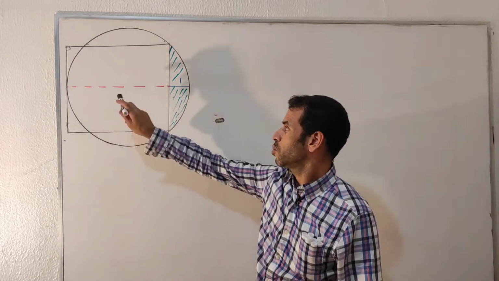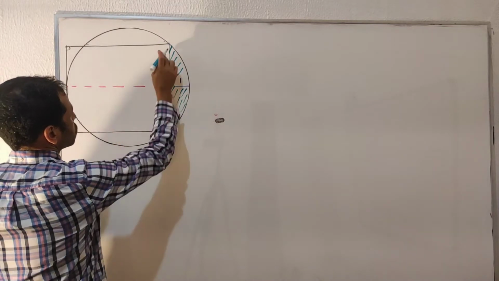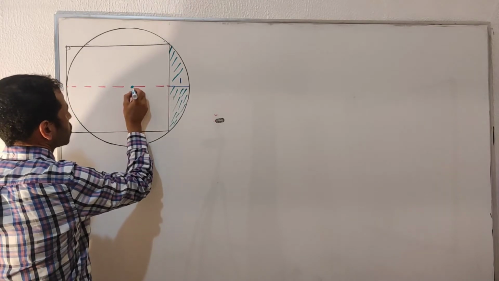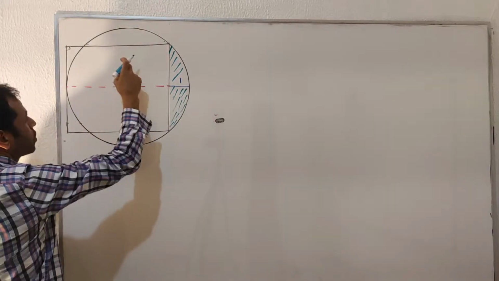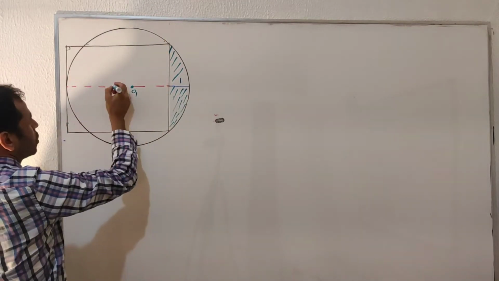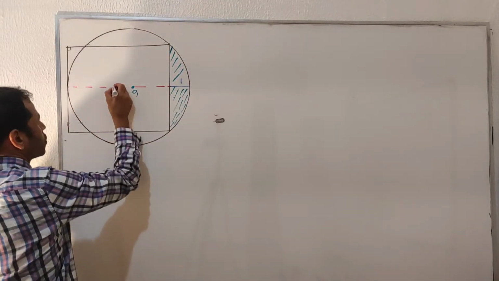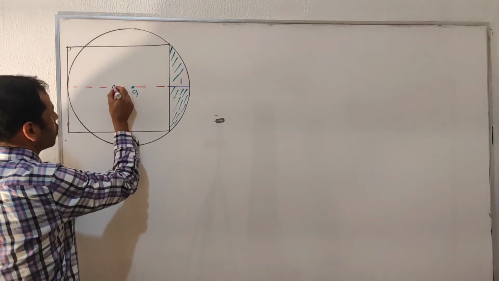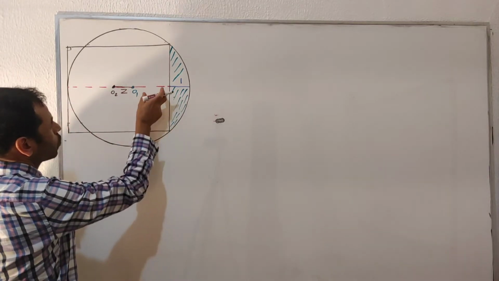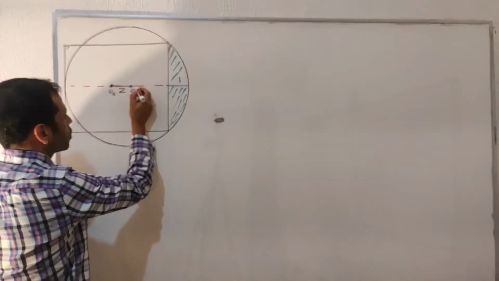First of all, we are going to determine the center of the circle and the square. The center of this circle will be at this point. Let's call it O1. The center of the square will be met with this diagonal, around here. Let's call it O2. Let's call this distance Z. Then we have this distance, from here to where the square ends. Let's call this distance